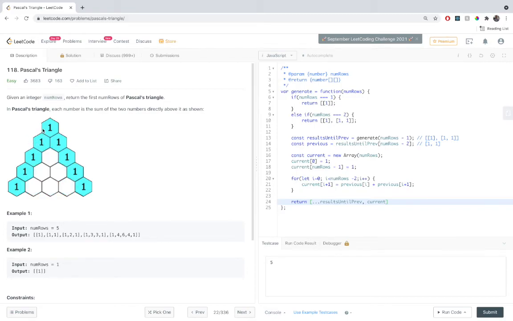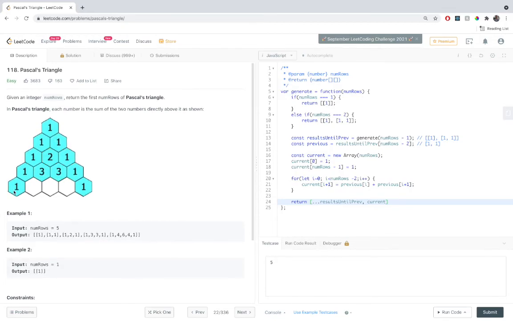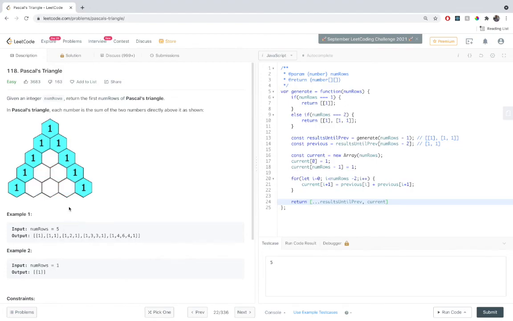So we have 1, 11, 11 into 11, then 11 cube, 11 power 4. So the other solution is that we can take the number n, compute all the powers of 11, and split those into individual digits and show them over here. That should ideally solve the problem.